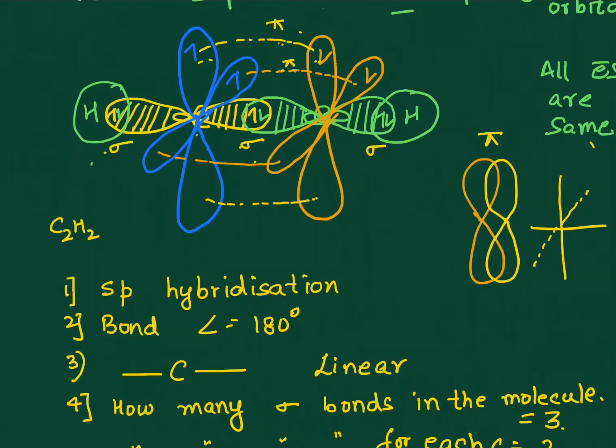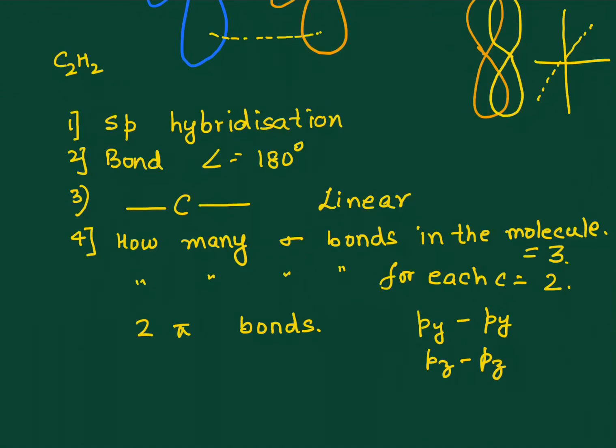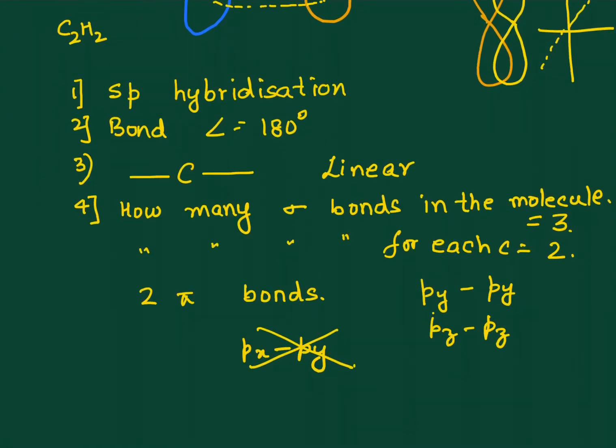So that makes just like the corner of your room. Look at the corner of your room. It's got the 3 axes showing you the 3 directions, right? So you can say py, py, pz, pz. You can also say px, px. But it will never be px overlapping with py. No, because their orientation, their directions are different.